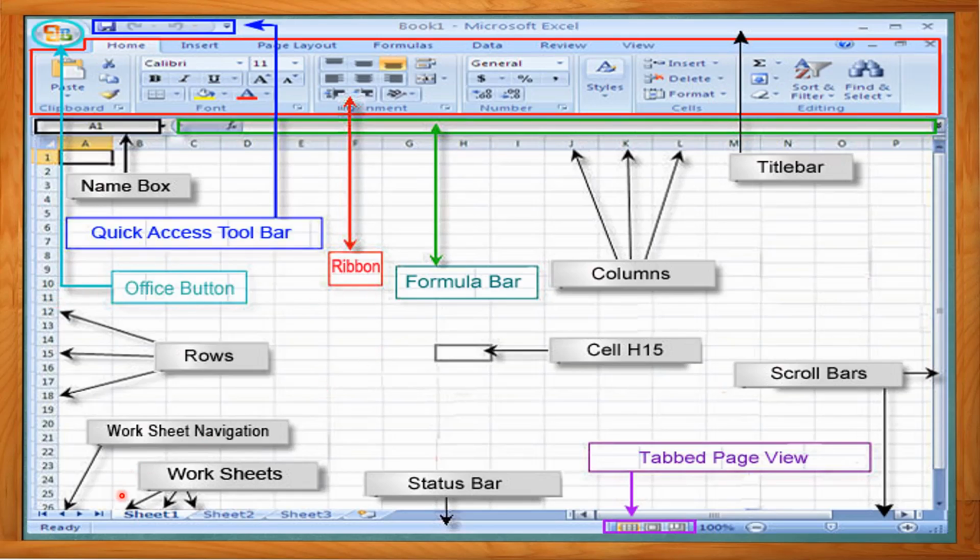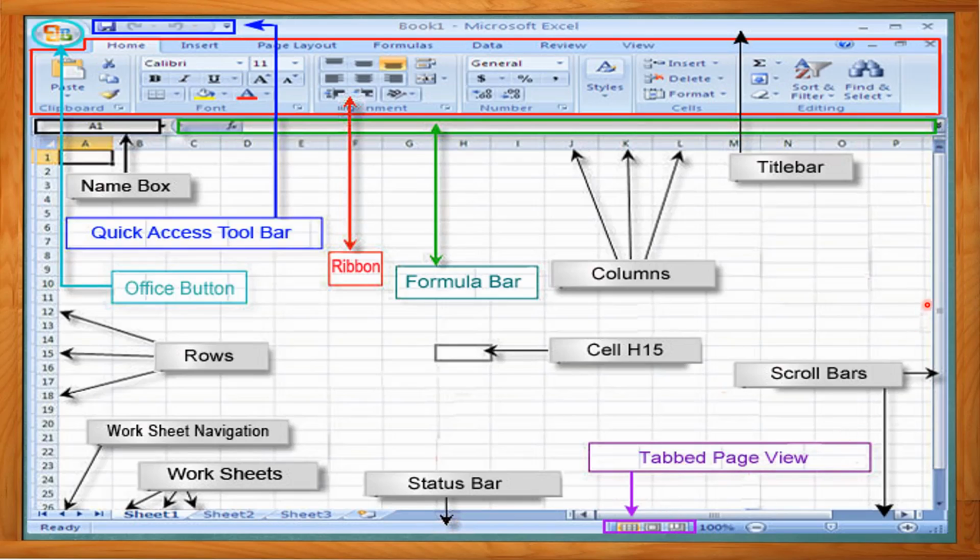Below the screen we have worksheet navigation. We can move to any worksheet by clicking on this previous, next, first and last button. Along with it you have worksheets: Sheet 1, Sheet 2, Sheet 3. Below that you have a status bar, and along with the status bar you have the page view tabs.